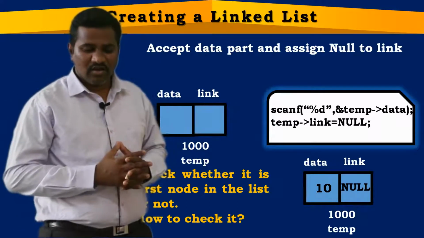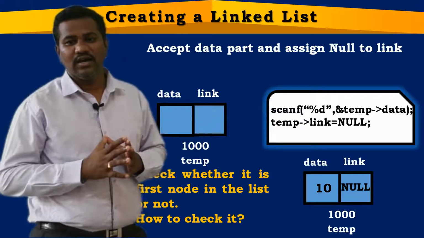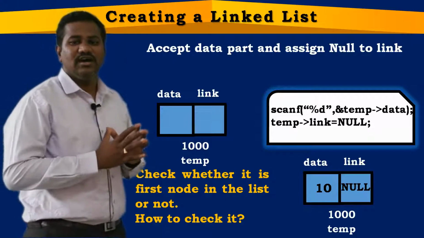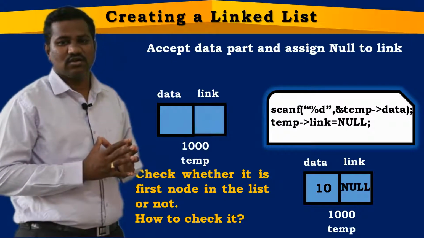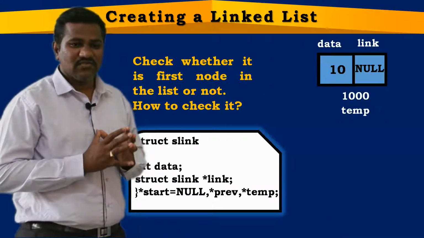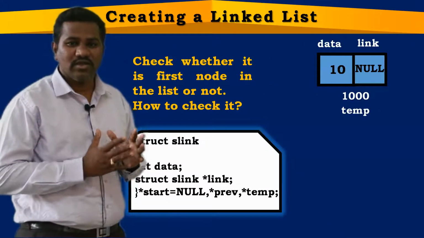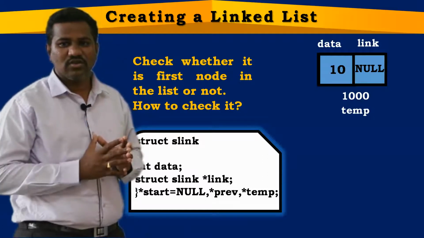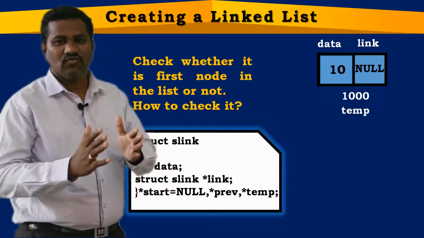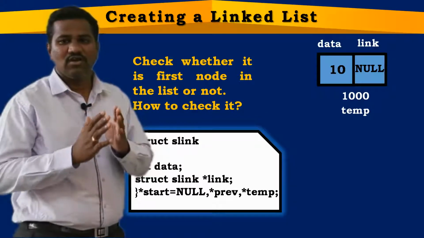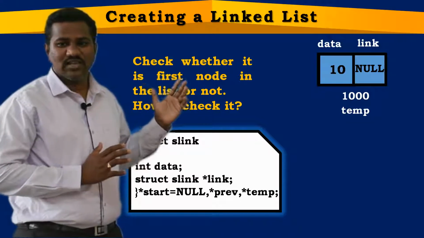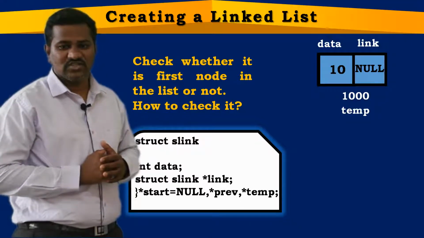So now when we are going to create a node in the linked list, the first and foremost thing that we need to do is check whether we are creating the first node in the list or not. That is what we need to check here. If it is the first node in the list, we need to go in some direction. If it is not the first node, then we need to go in another direction, just like if else. If it is the first node, we go with the if part. If it is not the first node, then we go with the else part, right? So check whether it is the first node in the list or not, and how to check that?